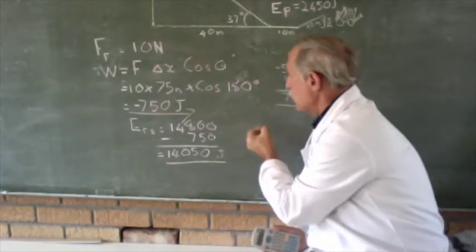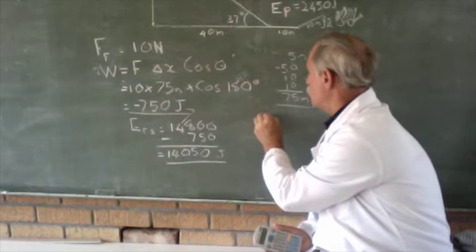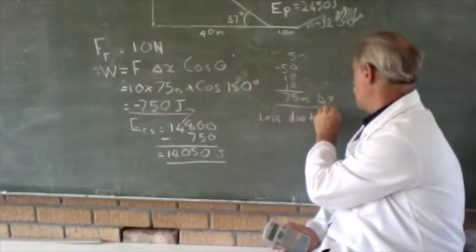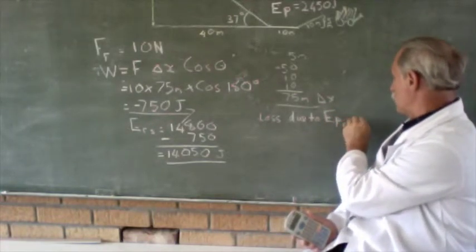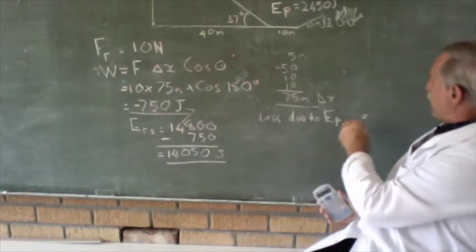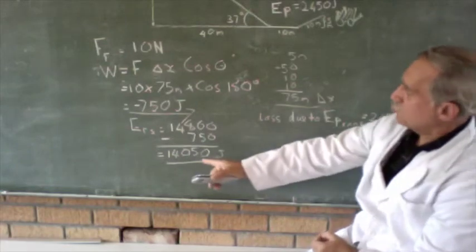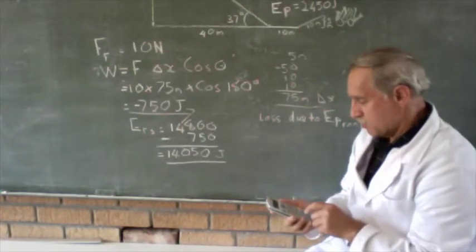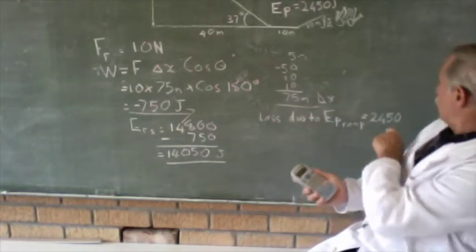We're going to say loss due to EP of the ramp is going to be equal to 2450. So we're going to subtract that from this here, minus 2450,